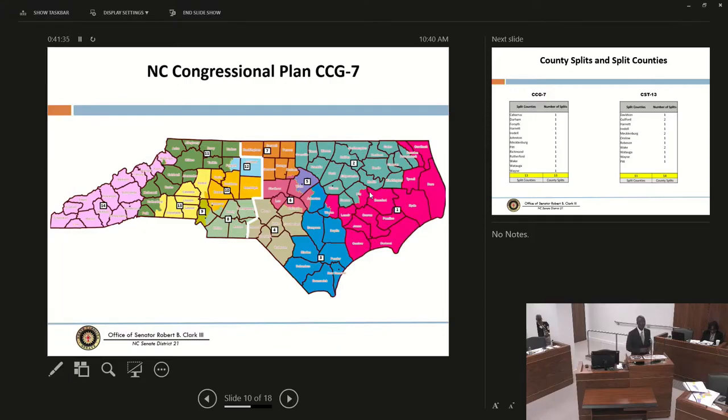Now, in our current congressional plan, the opposite is done. The population is pushed down to the south, and it's the northern portion of Wake County that serves as an outlet into other districts. I chose not to take that route. I chose instead to push it up to the north and make the outlet the southern portion. So you might ask, well, why did he do that?